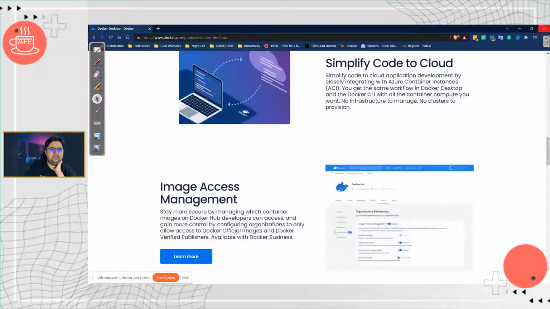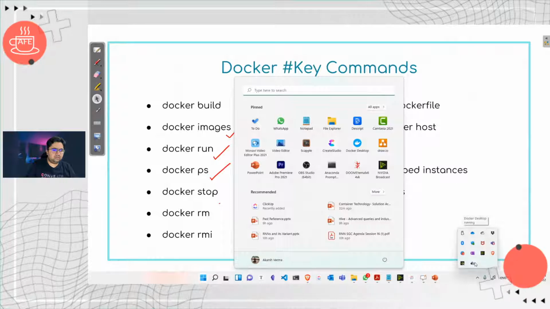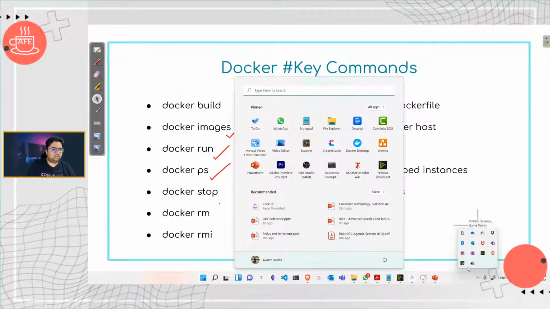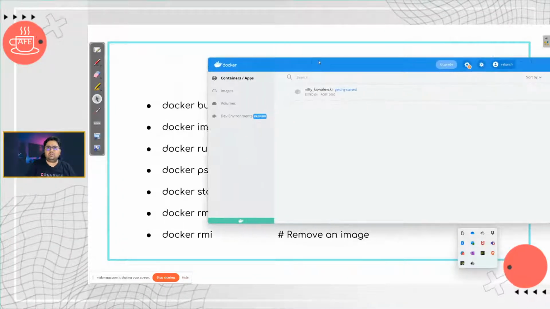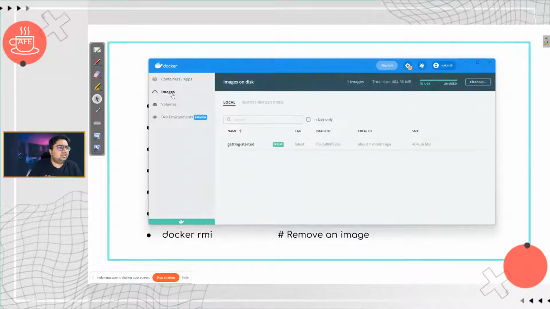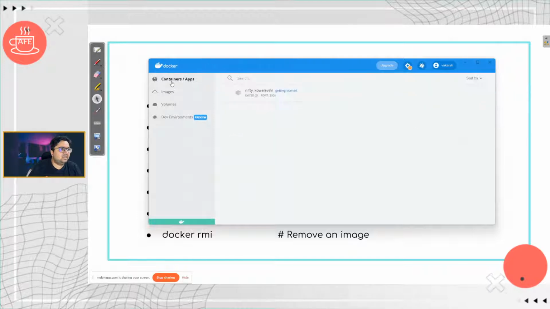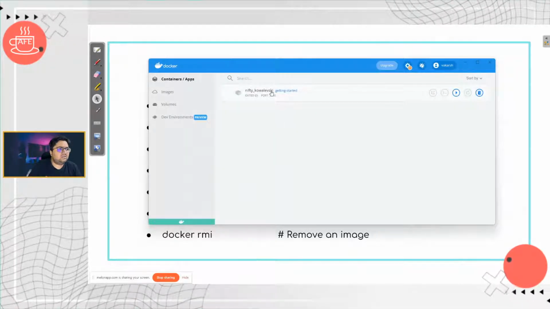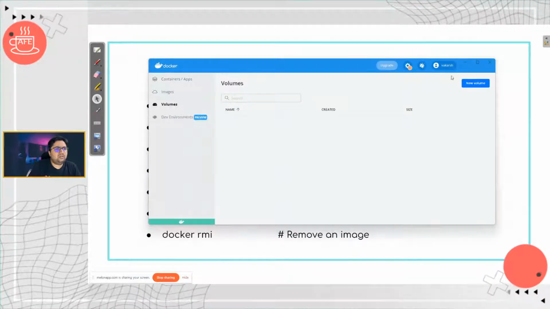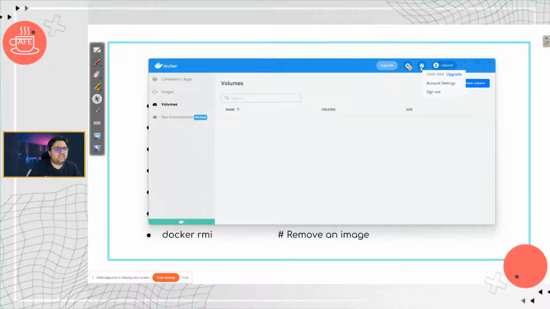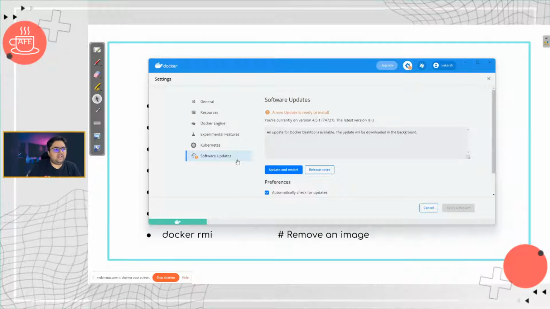Lovely. It's very nice. Let me see if I have it, maybe just a stroke of luck. Okay, yeah, I can at least see that. This is how the interface looks. There is some image which I had. There are some containers which are in stop state. This was, I don't even know what application, I've probably forgotten. And volumes, and then you can go to a lot of settings. In settings, you can probably see some updates, which is what I have.